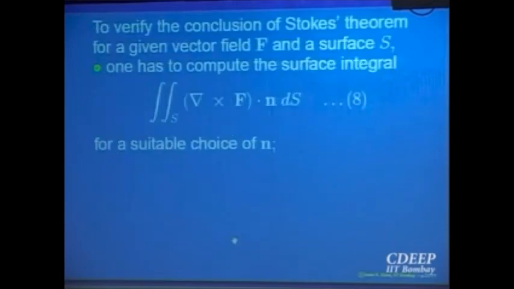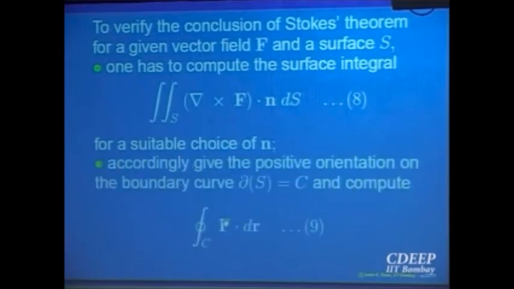your Stokes theorem. Let me once again emphasize what it means to verify Stokes theorem. You will be given a surface and a vector field. The surface will be given to be orientable, so you choose a normal for that surface. The choice is yours. Once you have chosen a normal for the surface, give an appropriate orientation for the boundary of that surface so that it is compatible with it. Then only will the two things come out to be equal, and then both integrals are equal.